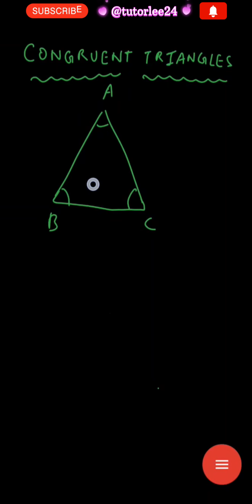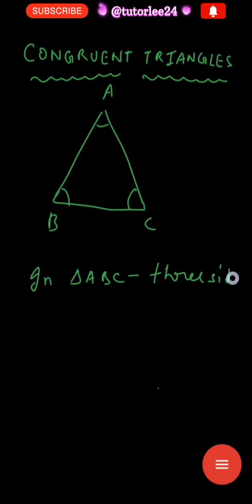We start with the triangle. What is a triangle? A triangle is a simple closed figure made up of three line segments. Suppose here one triangle is given, ABC. So in triangle ABC, there must be three sides. It is a polygon which is enclosed by, made up of, three sides. So triangle ABC has three sides,